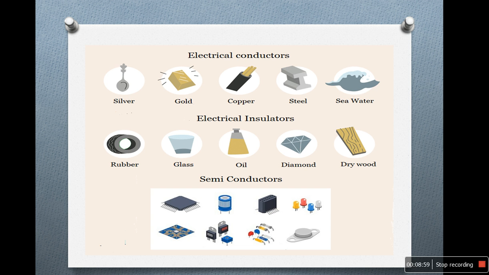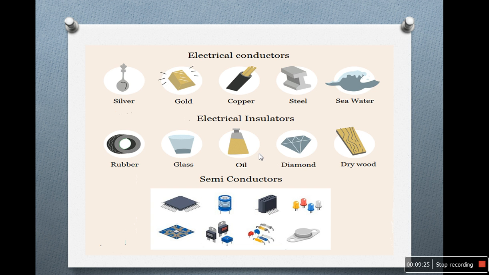That means the valence band and the conduction band are overlapped. Due to the zero energy gap, the conductor has a large number of free electrons. Hence it has better conductivity. Examples of conductors are all metals. The best conducting material is silver, and the second best conducting material is copper. Gold is the least chemically active metal.